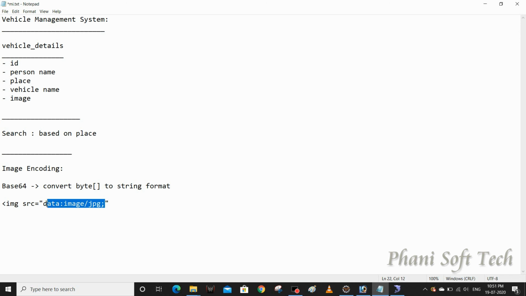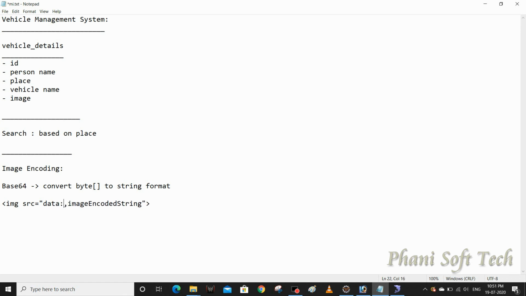Let me explain one more way. I'm going to give dto dot, for example, get encoded image. Ultimately it is an image encoded string. This data we are going to give, but it is an encoded string. I need to convert this encoded string to a byte array, I mean image base 64 model. How can we do that? That's what I'm going to set as data, followed by a comma.